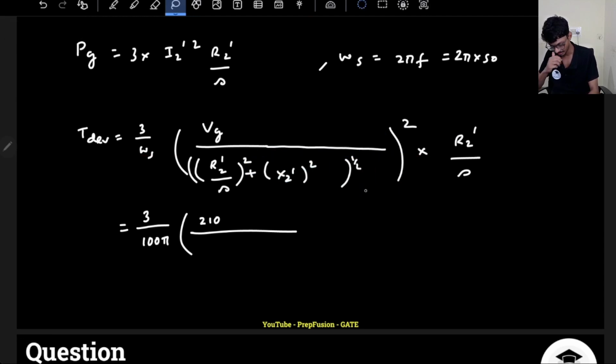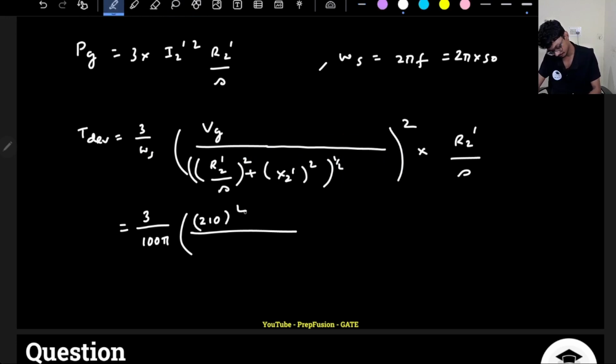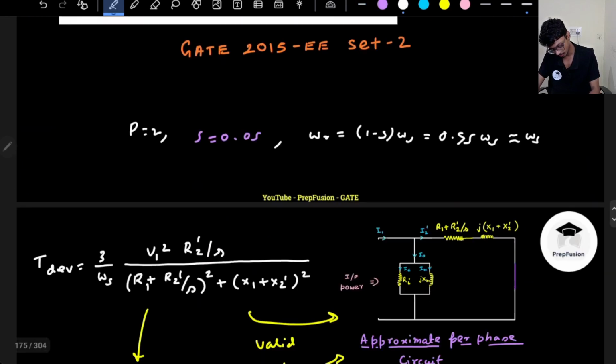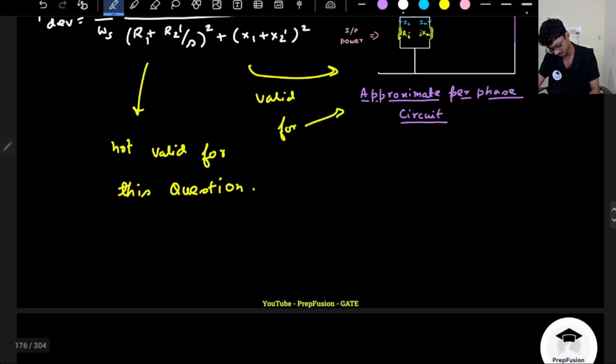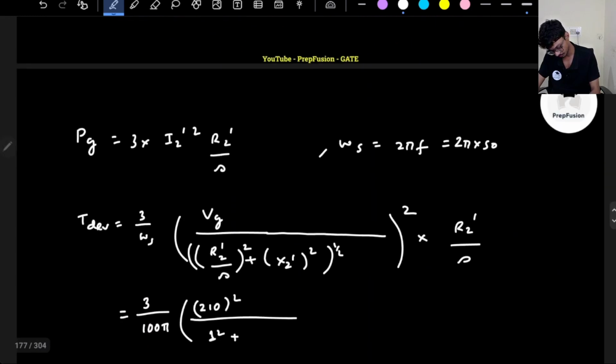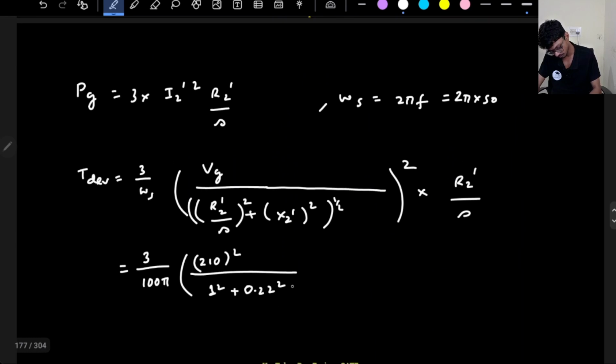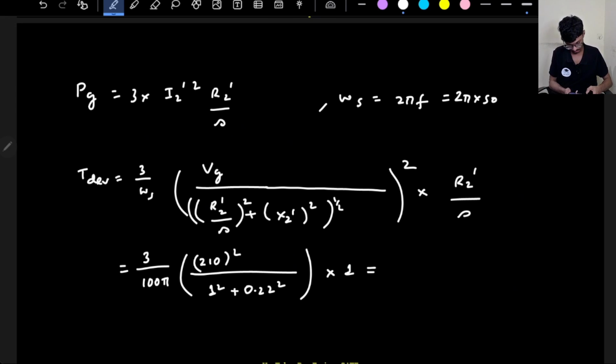So this will be whole under root, and it will become much simpler now. So this will be 210 whole squared divided by R2 dash upon S. R2 dash is 0.05 and S is also 0.05, so it basically is 1 whole square plus x2 dash, which is 0.02, so 0.22 whole square, into R2 dash by S, which is equal to 1 only. So from here, writing down the values, this will be 0.22 whole square plus 1